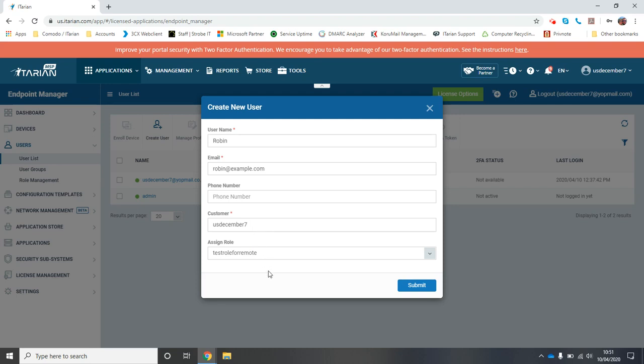Because what's going to happen when we create this user is you're going to get two emails sent from Endpoint Manager, which I think the address is something like no reply at ITarian.endpointmanager.com or something like that. It's going to go to the email address that you put in this box here. One will be an activation email, so it allows the user to click on the link and set a password, which then once they've set, they're able to log in and then go straight away to the